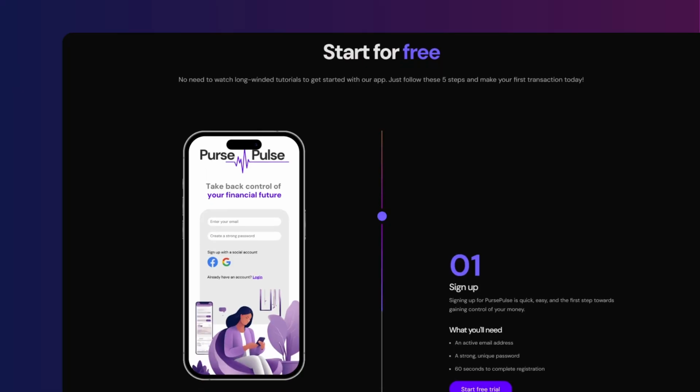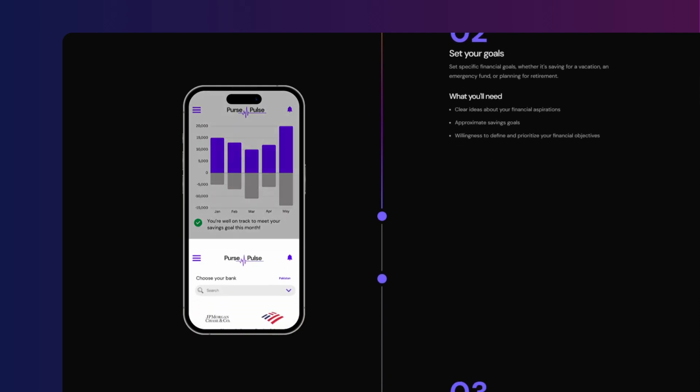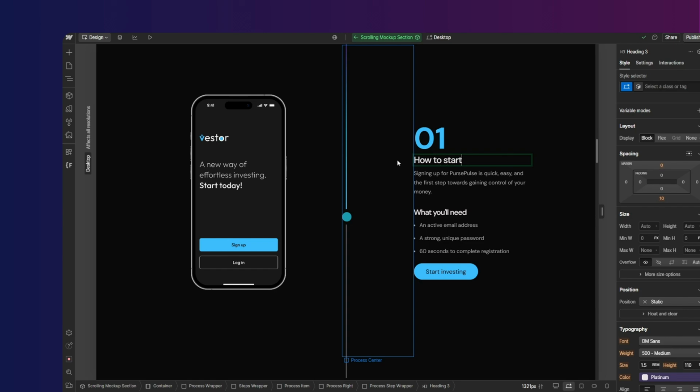The best and most standout feature of this template is the stunning scrolling animation that is custom designed to showcase your app in a more engaging and interactive manner than just static mockups. This is a really great way to show people how to use your app, show off its features or your customer's journey. I really believe that it's this section which has made this template into my best seller so far. It's very unique, it's very easy to customize, and there are just a lot of use cases where it makes a lot of sense.